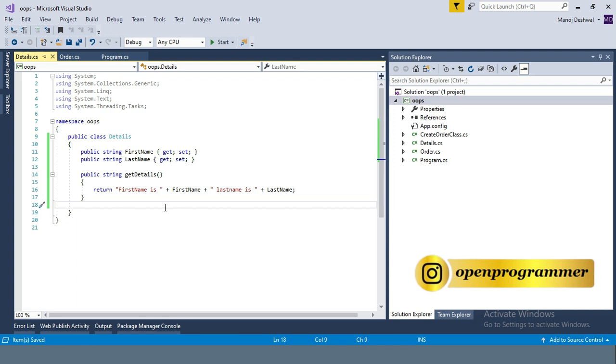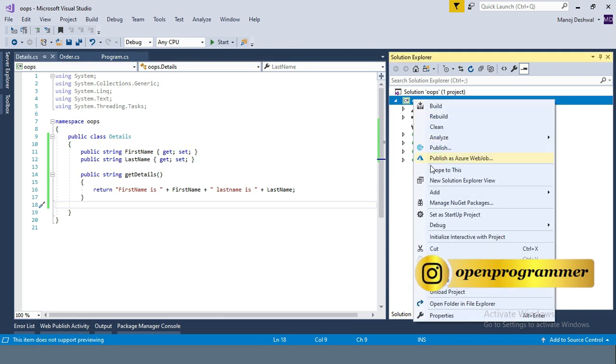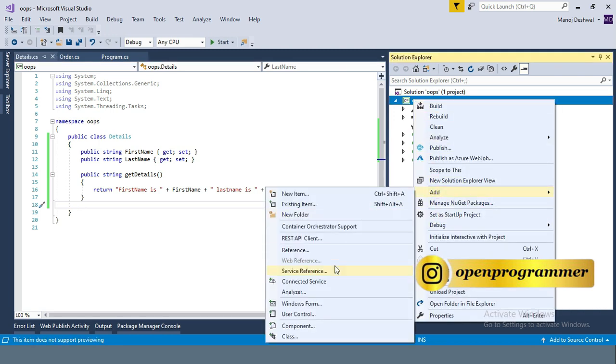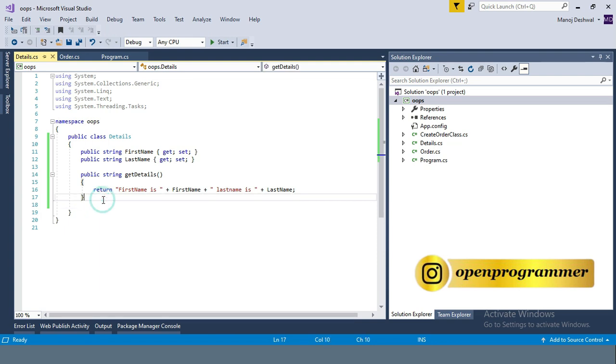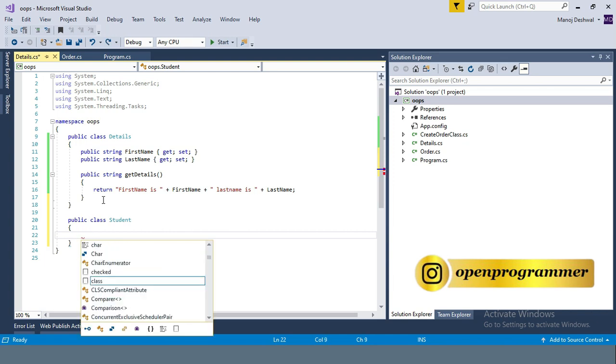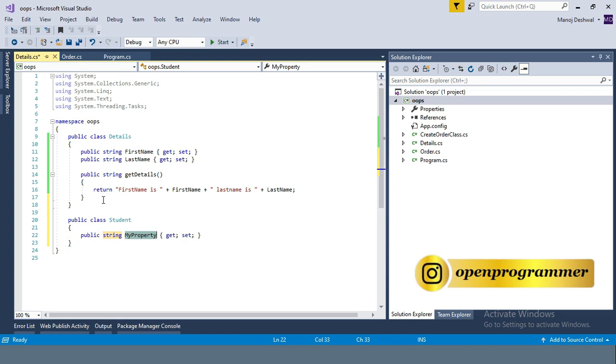Okay, let me also create another class. Public class Student. Let me create a property for that, prop string StudentAddress. Okay, create another class.